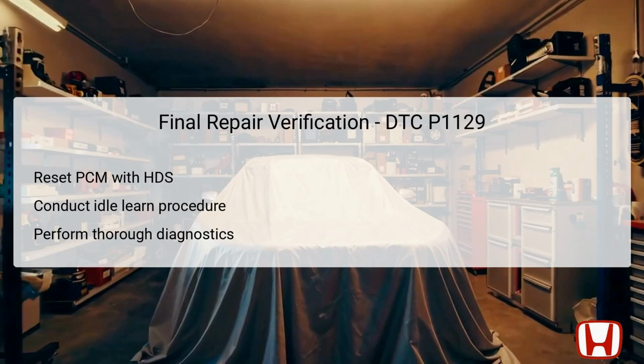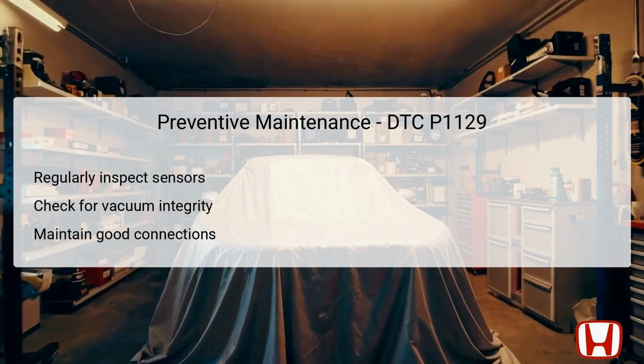process for further diagnostics. To prevent the recurrence of DTC P1129 and related issues, routine maintenance is essential. Regularly inspect the MAP sensor and other essential components to ensure they are functioning within specifications. Additionally, routinely checking for vacuum integrity can prevent unexpected leaks, which could drastically affect engine performance. Maintaining good electrical connections at the MAP sensor and PCM is crucial to avoid potential intermittent faults that may arise due to corrosion or loose terminals. Consistent attention to these areas will enhance the reliability of your vehicle and ensure optimal performance over time, mitigating future